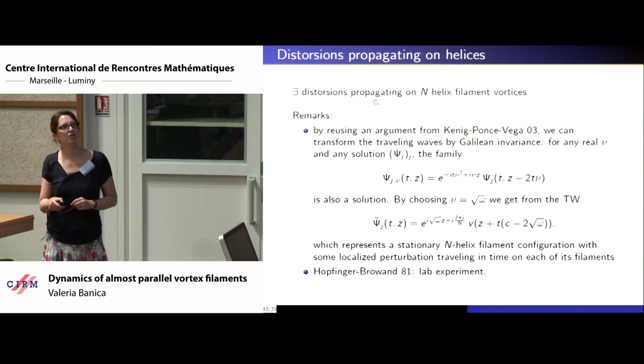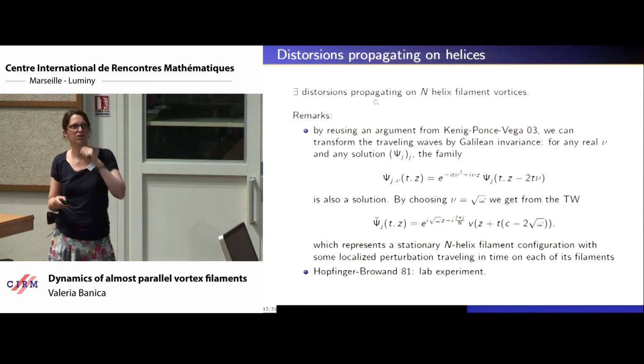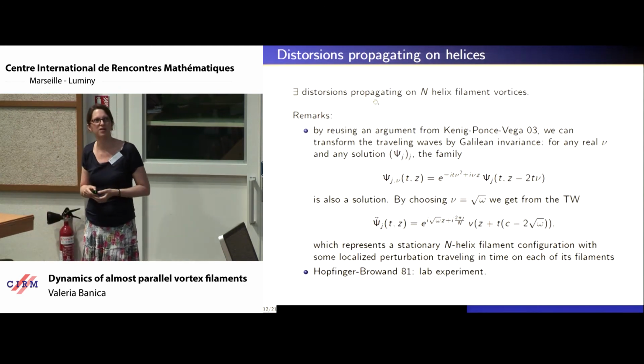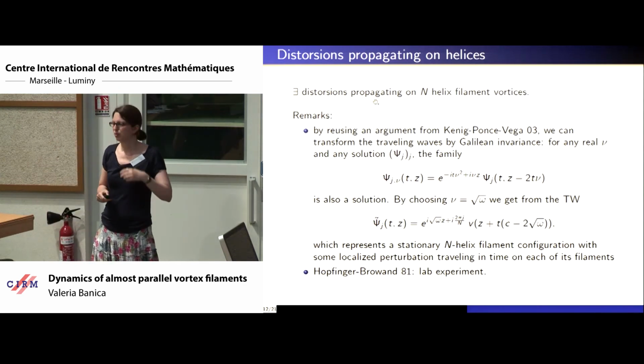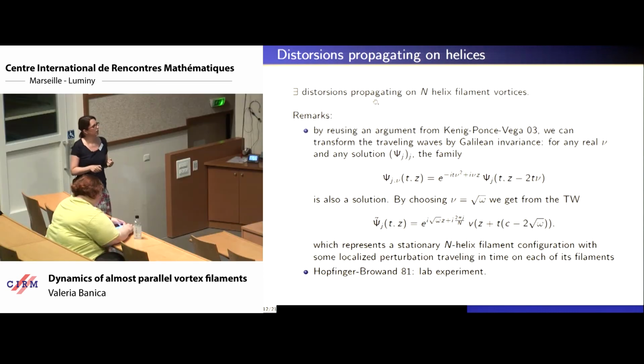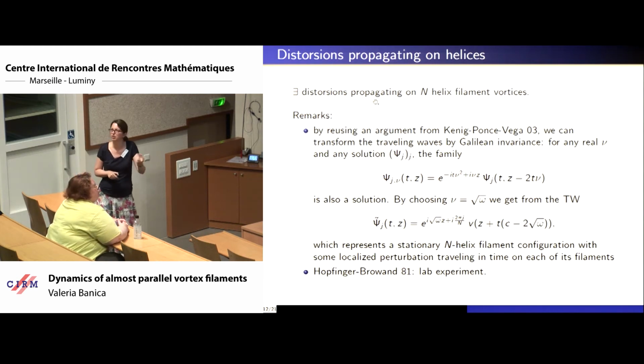then, of course, if you play the trick played by Koenig-Ponce-Vega to use Galilean invariance, then you transform by Galilean invariance, you multiply by a phase, which means rotation of the filaments at each height. And then you transform your straight line with the perturbation moving on each straight line into helices with some small perturbation traveling on it. And this is worth being said because